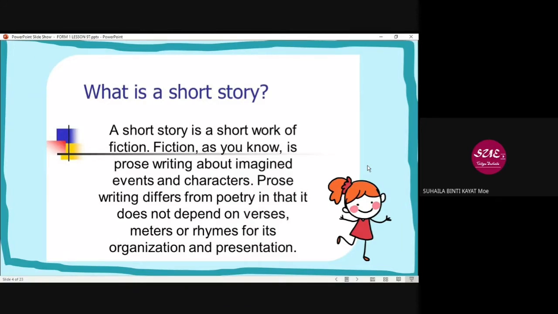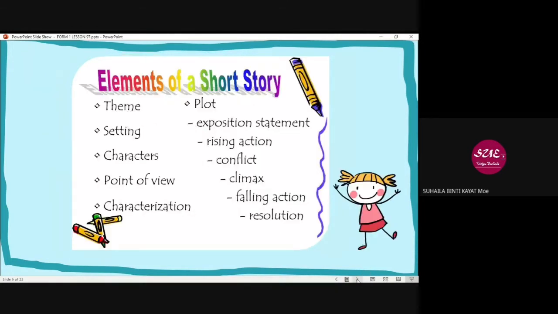Fiction, as you know, is prose writing about imagined events and characters. Prose writing differs from writing poetry in that it does not depend on verses, meters or rhymes for its organization and presentation. Okay, that is a short story. Cerita lah maksudnya, cerita pendek. Novel, cerita panjang, okay, right.